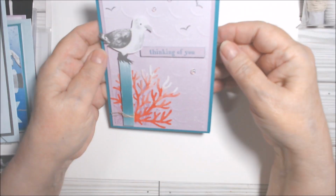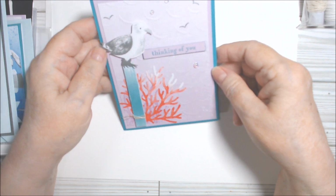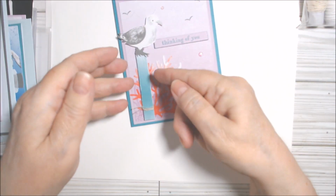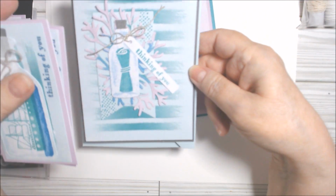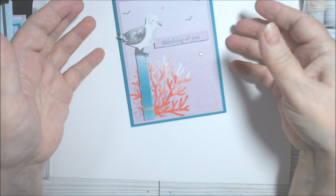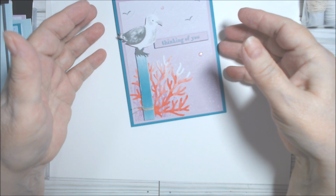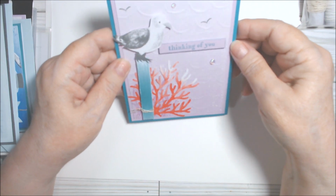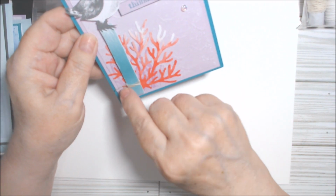And then another thinking of you, I had one more of these left, and this is the other piece of this. It was a wide one, and I don't know if we can see it. It's right in the middle. I think it was this one here, and I cut it so that it looked like, what do you call that? When metal gets rusty, so it's like a metal pole, a metal pier pole or something. I tied a little bit of twine. I didn't put a bow on. I didn't think it needed a bow, but I wanted it to look like a post, and it was tied